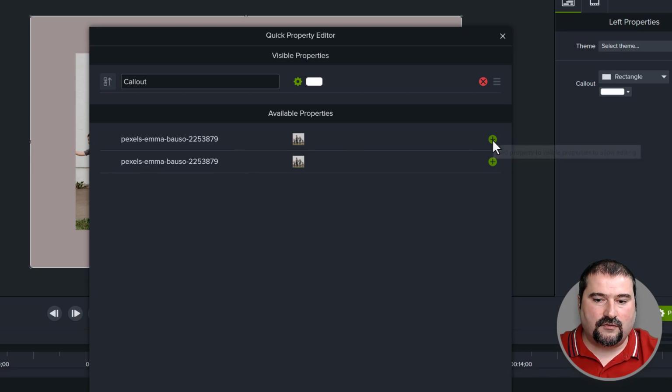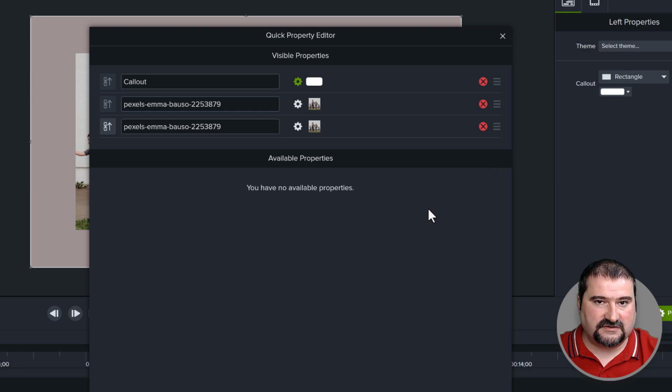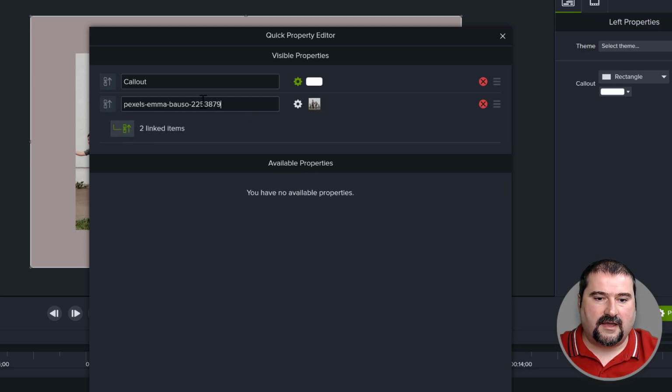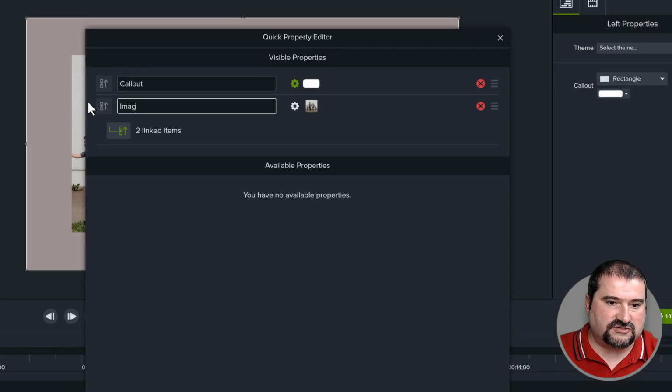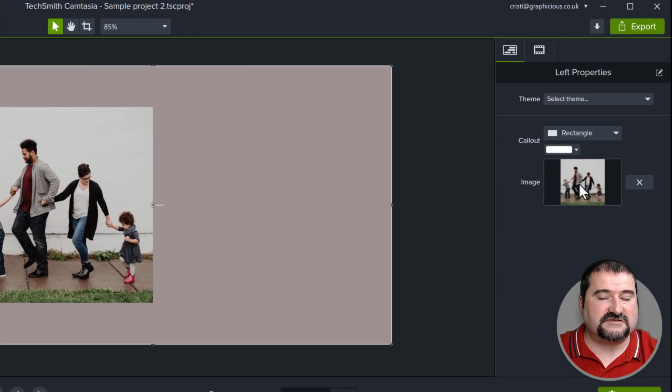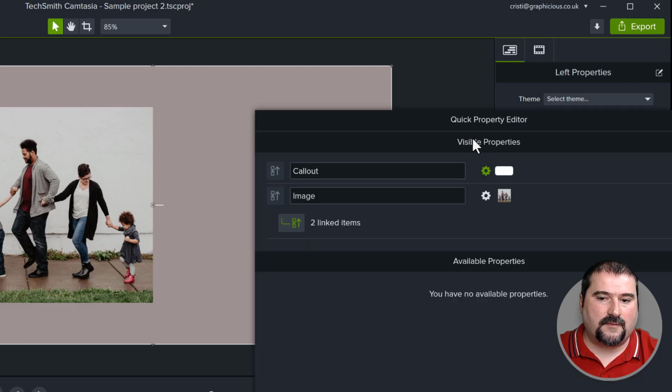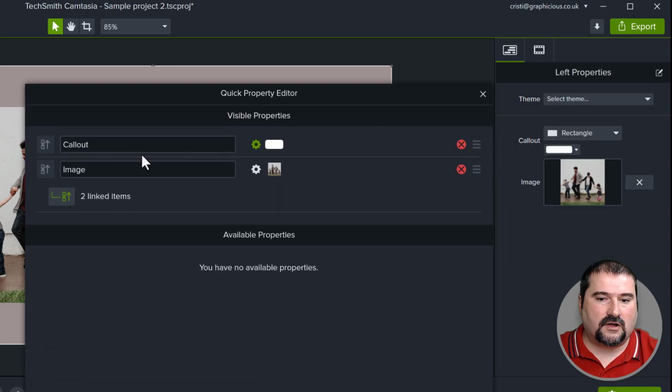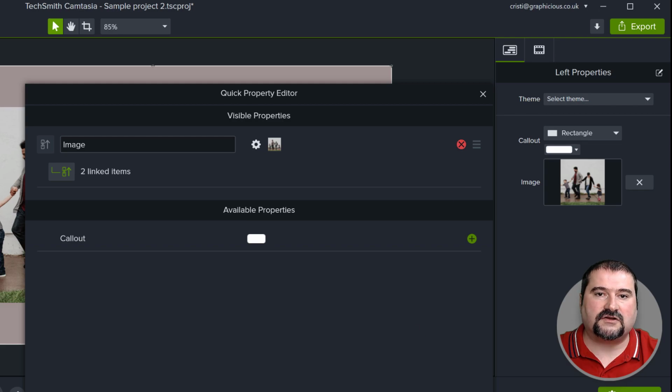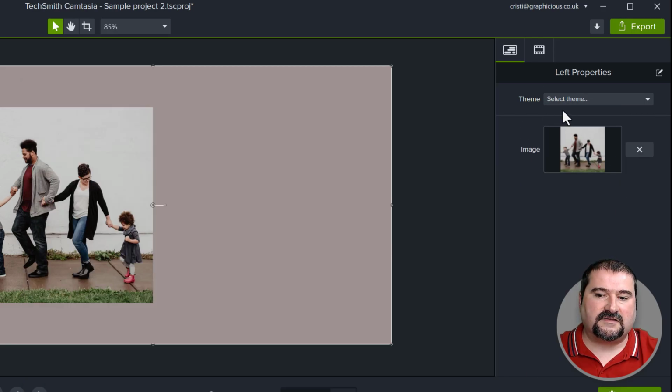So I'm adding both images. The reason I have both, you remember when I did it, because we were copying the image as a mask, and link these two using these buttons there. And let's rename this to image. Now the image is part of my customizable properties. I'm actually going to go back in and remove the callout because I don't care for that. I don't want to change the color of the light beam anyway. But you can do it, by the way, if you want to. So there it is, my image.